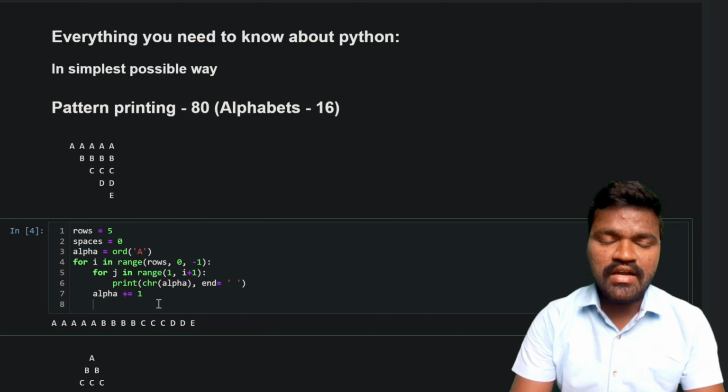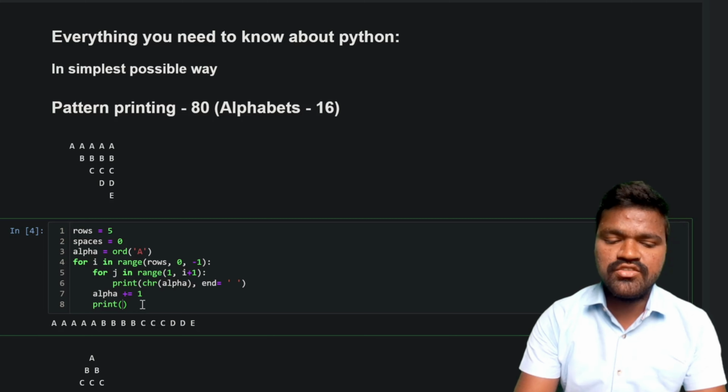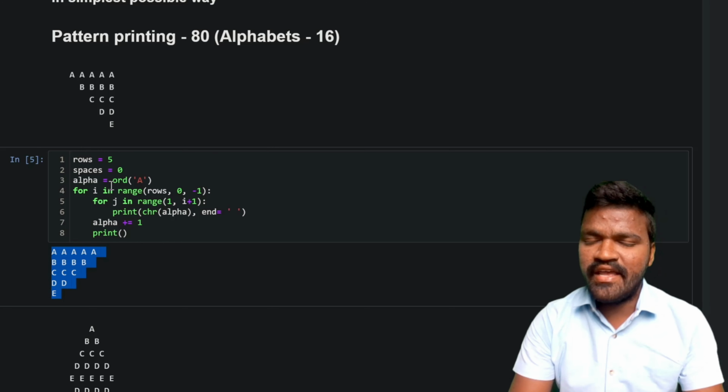So for that reason, after completion of this inner for loop, I will mention this particular print to get a new line. So now if I execute this, we can get the format in this shape. So now we need to arrange one thing so that we can get the exact pattern,